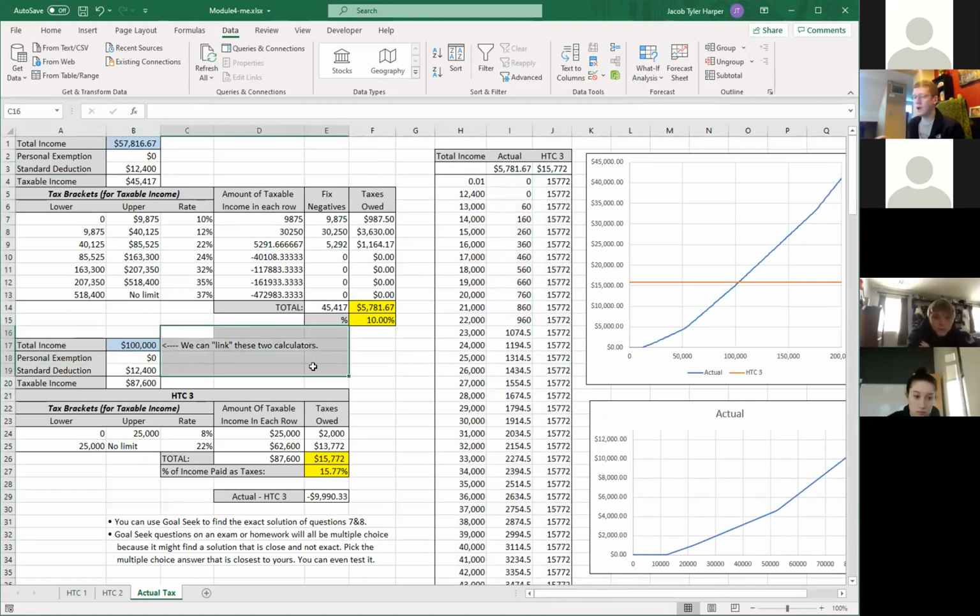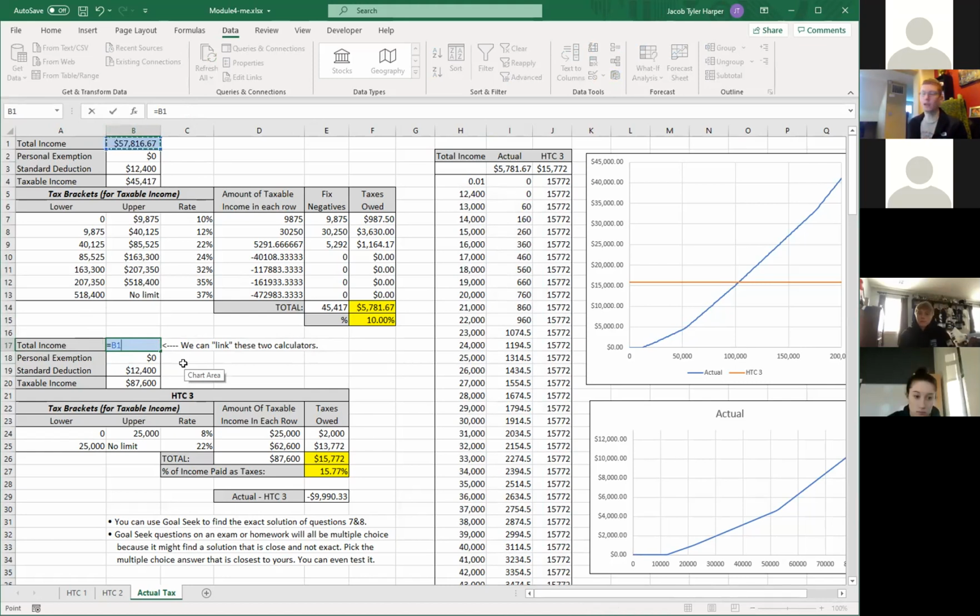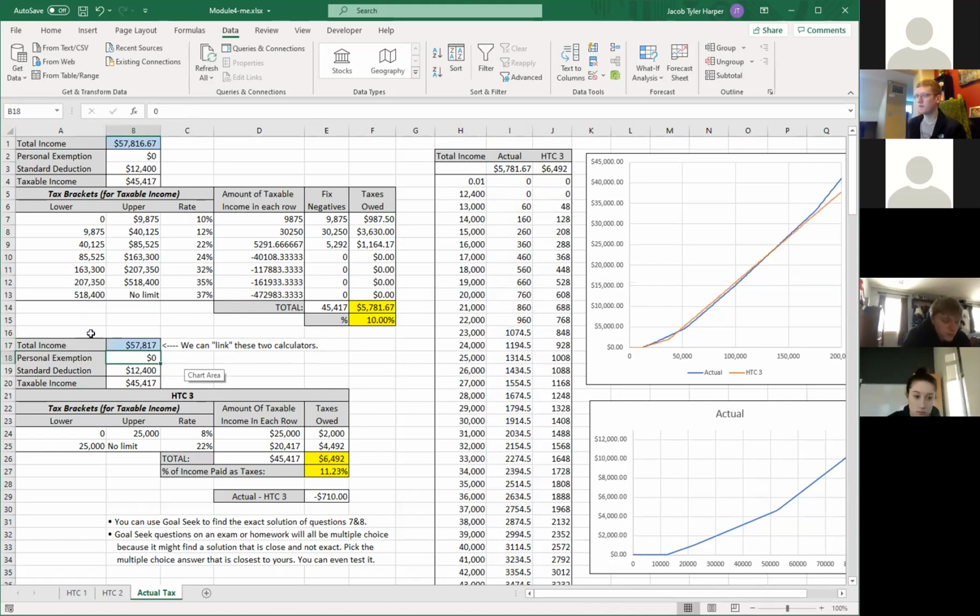So I like to do what's called linking these two calculators together. Instead of having two separate inputs, instead of having equals 100,000 in here, I can go into the cell, type equals, reference B1, and now whenever B1 changes, so will this guy. So really, B1 is the only input cell, and it will directly affect both calculators. So I fixed that, I linked that guy, and now my data tables are both accurately calculating,